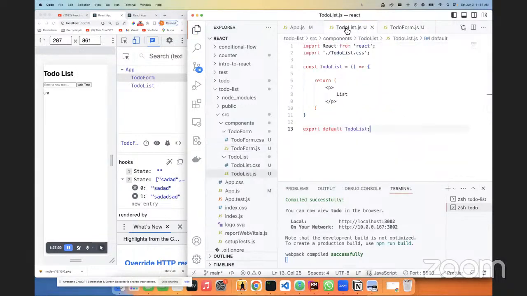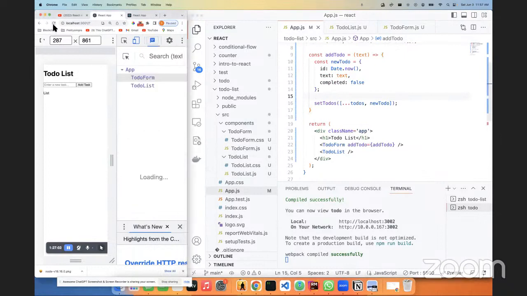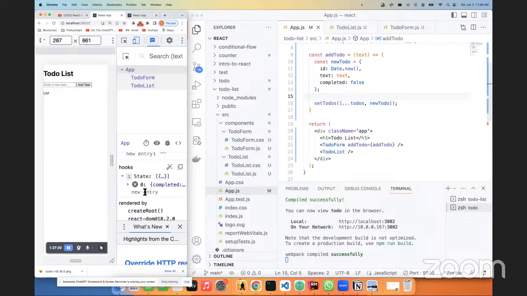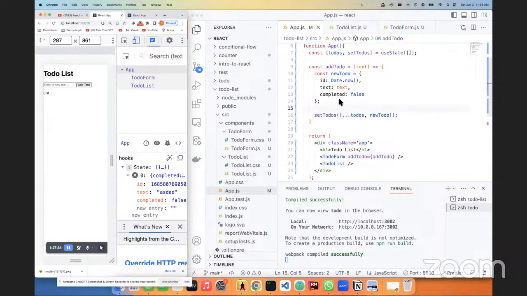So now when we refresh the page, the state will now be a part of the app. If you just type something and you add task, you see now we have an ID, we have the task, and now we have completed equals false, right? So now, since it belongs to state on the very top component, we can now pass it